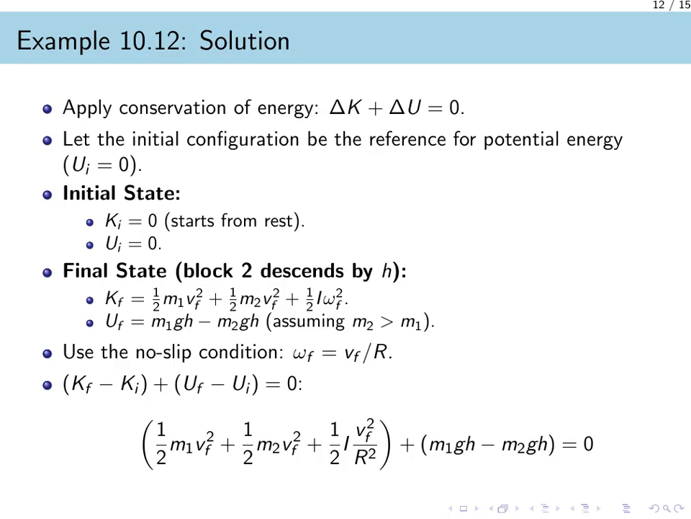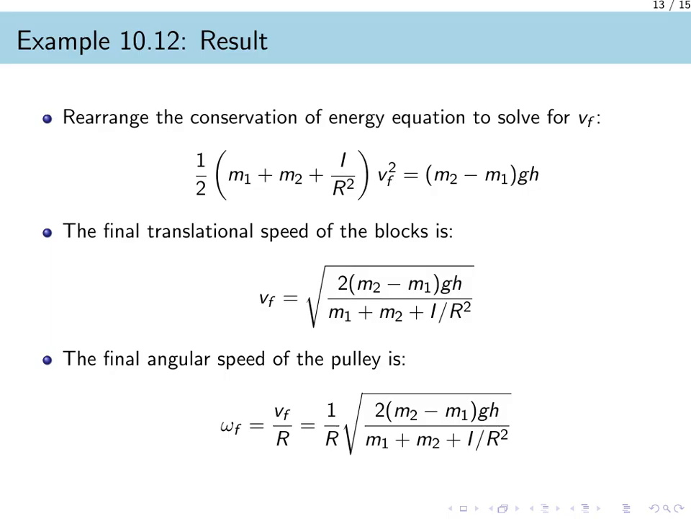Substituting all of these terms into the conservation of energy equation gives us a single expression that we can solve for the final speed. We can now algebraically solve our conservation of energy equation to find the final speed of the blocks. The first equation on the slide shows the result of grouping all the kinetic energy terms on the left and the potential energy terms on the right. The term in the parentheses, m1 plus m2 plus the quantity I over r squared, acts as the effective total inertia of the